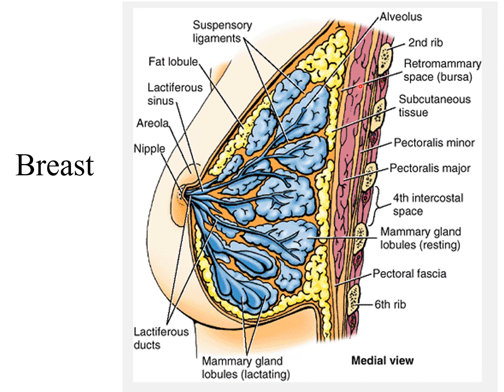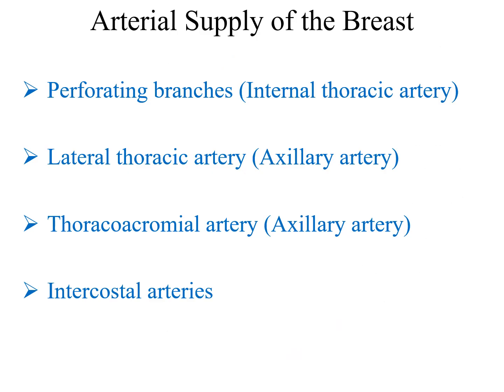This diagram is also showing the difference between the resting mammary gland, meaning when there is no pregnancy or lactation, and when lactation is taking place, you can see how much the lobules are dilated and the epithelial tissues are dilated. We can also see that in another picture later on.